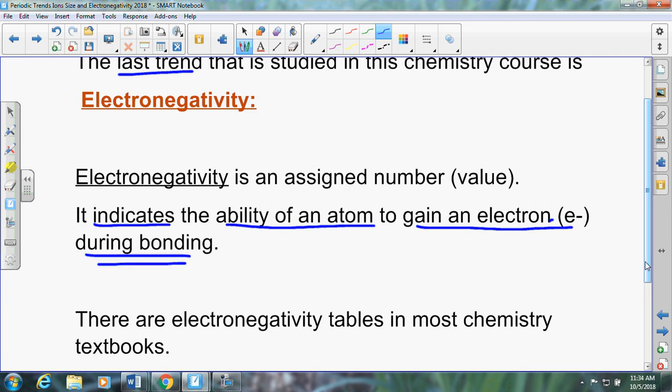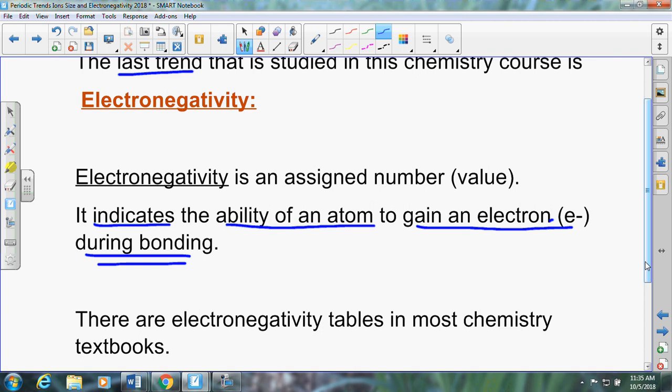Each type of element was analyzed by Pauling. We use the Pauling electronegativity table, and this value was determined by looking at atomic size, which relates to number of protons and number of energy levels, electronegativity values, ionization energy values, stability of the cations and anions,